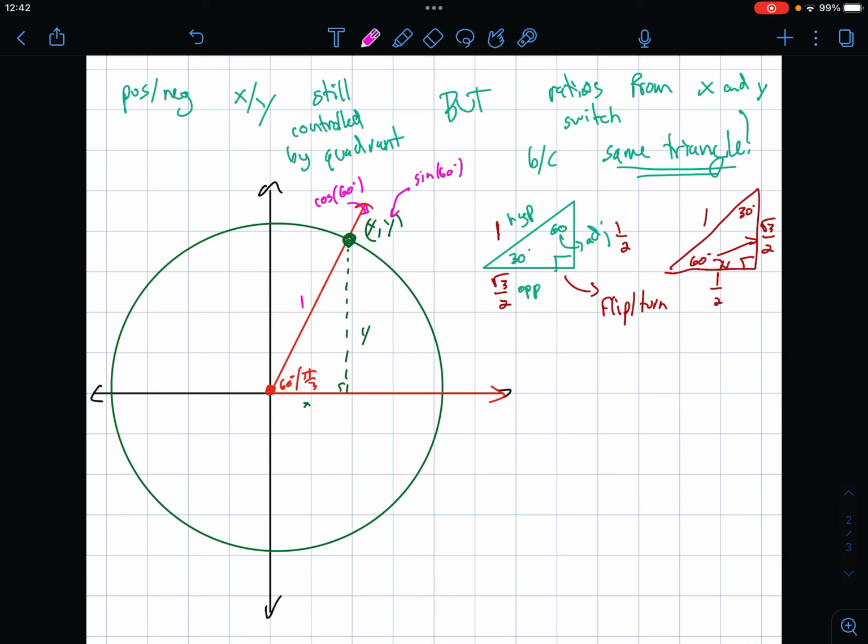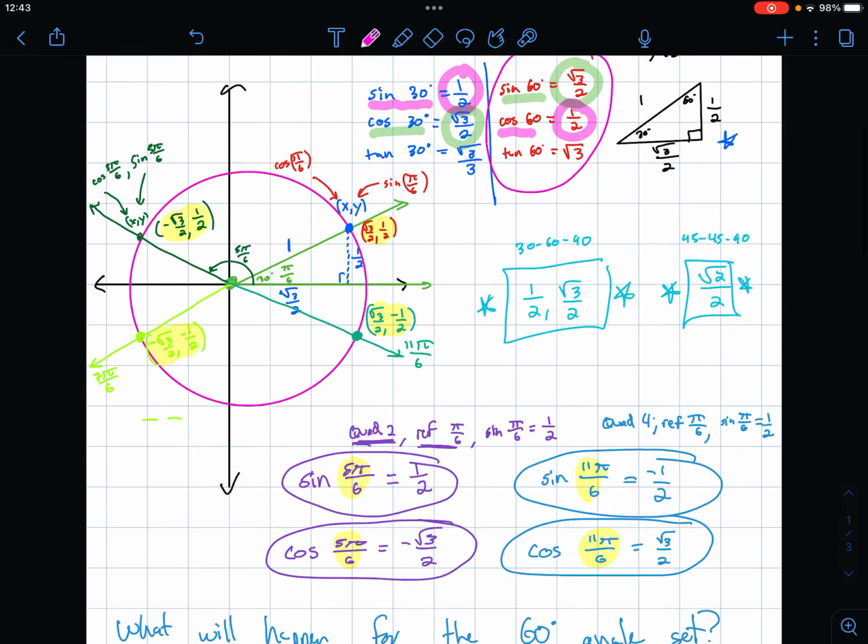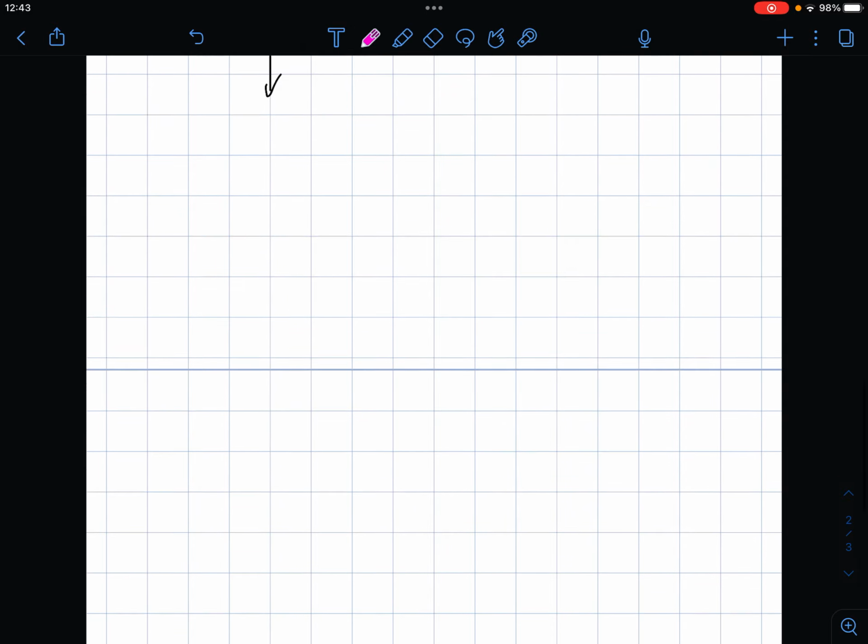And yeah, so when we do this out, if I put my ratios in, the 30, 60, 90 has √3/2, and it has 1/2 relative to that 60. And so we get our coordinates. Now, that's going to be exactly the ratios we had in this chart here, and they're just going to be the flip of each of these ratios for 30 degrees. And so let's just build this whole unit circle out